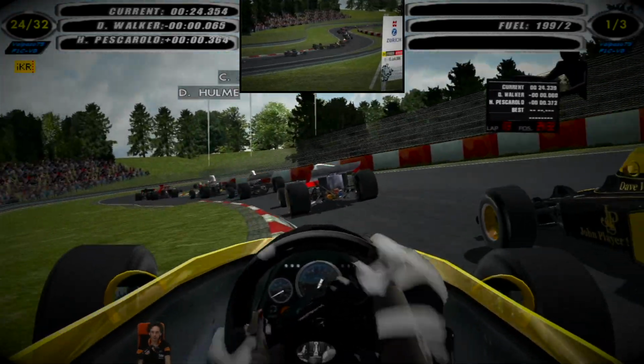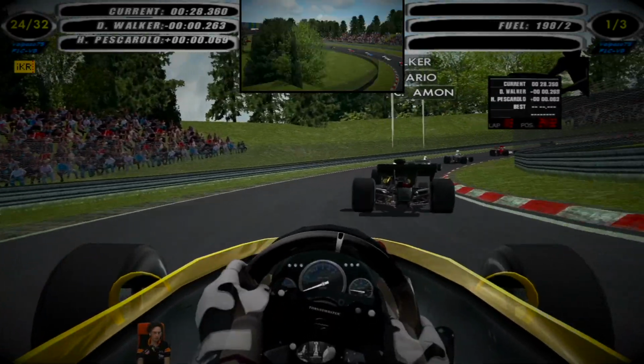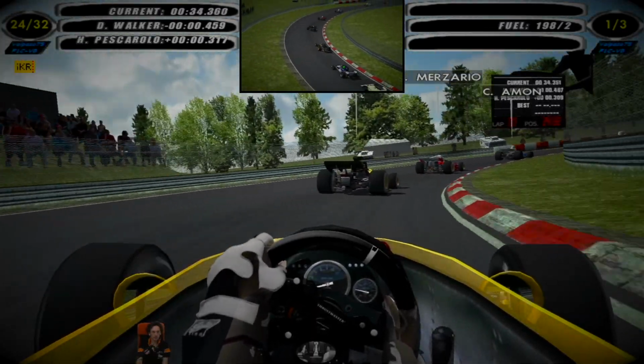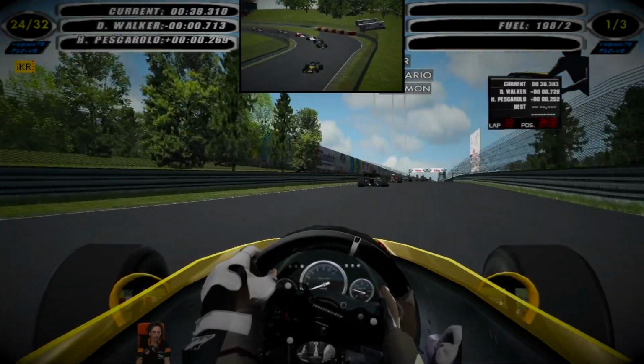How to save fuel, possibly use high gears, stay low with the RPM,